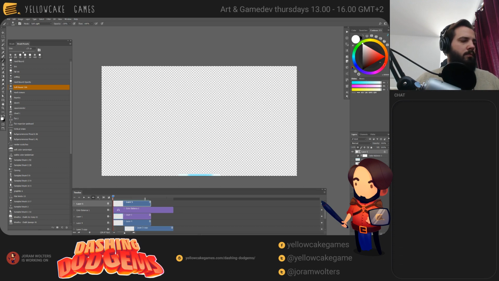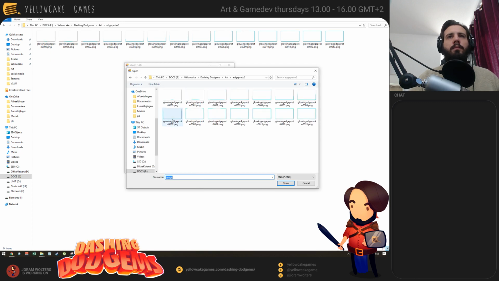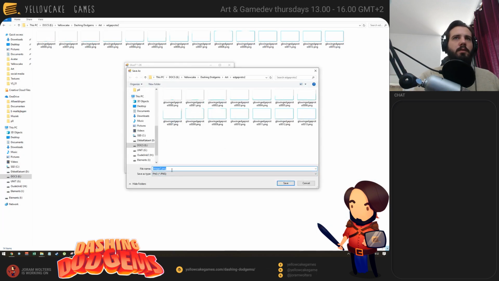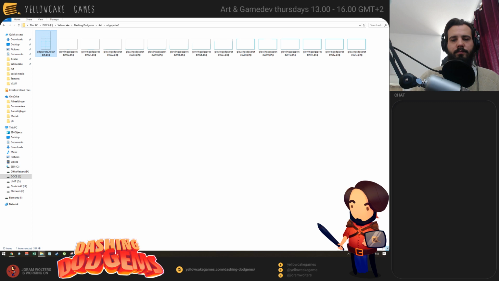Okay. Let's glue it. Toss those in there. Glue them. I should actually do 2 columns. Save it. Toss that one back into Photoshop for a much needed